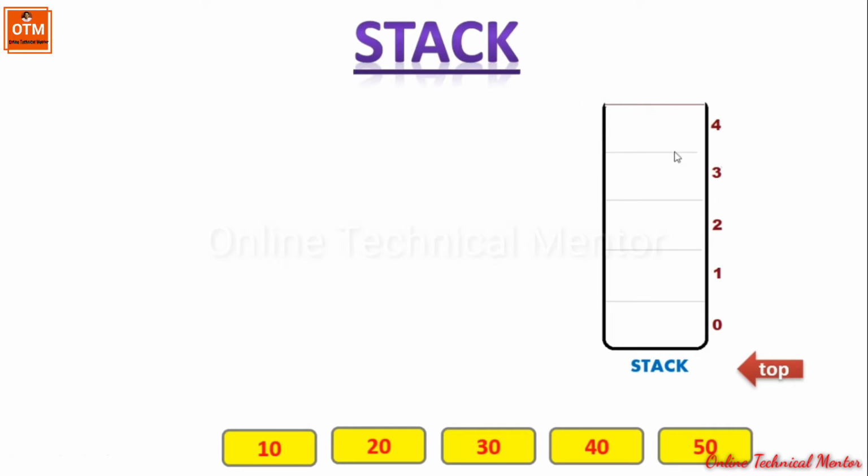The container is segmented and each segment is marked as 0, 1, 2, 3 and 4. So we can say that this container has 5 segments counting from 0 to 4. And let's give the name of this container as stack. And since stack has 5 segments, we can say that the size of the stack is 5. Now within this stack we are going to place these blocks numbered 10, 20, 30, 40 and 50 one